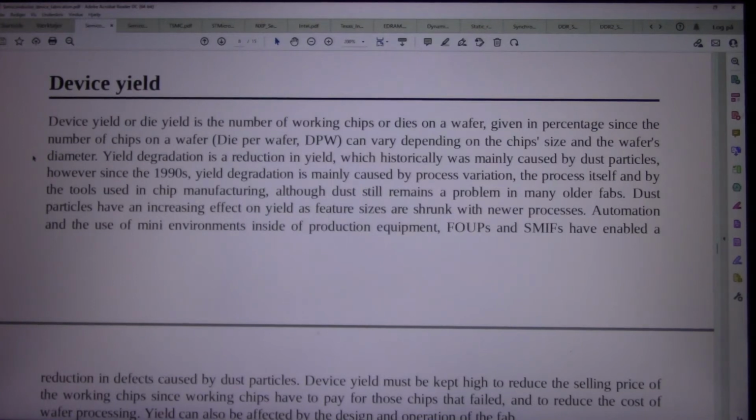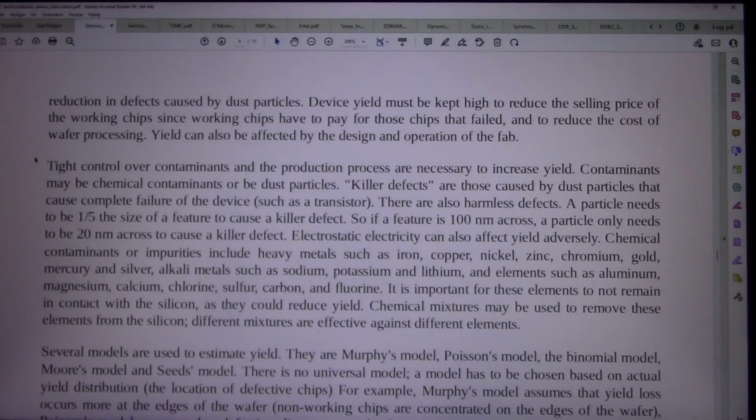However, since the 1990s, yield degradation is mainly caused by process variation, the process itself and the tools used in chip manufacturing, although dust still remains a problem in many older fabs. Dust particles have an increasing effect on yield as feature sizes are shrunk with newer processes. Automation and the use of mini-environments inside of production equipment, FOUPs and SMIFs have enabled a reduction in defects caused